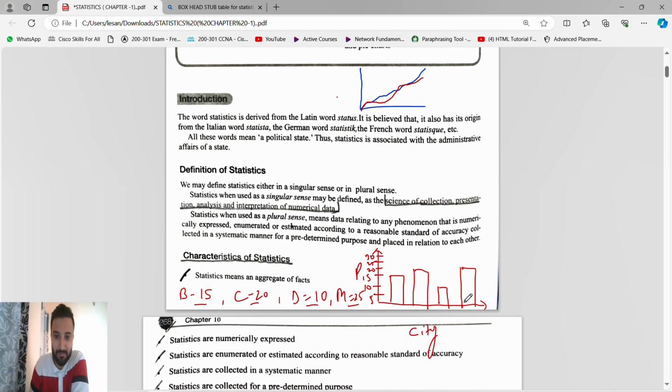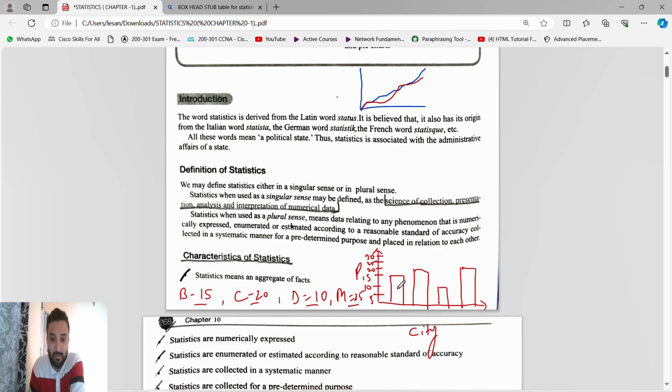So like that. If I give you qualitative data, it is impossible to find a single answer because the words will be different according to the students, according to the persons. If I give you quantitative data, that consists of numeric values, you can easily draw a graph like this and easily tell the answer.